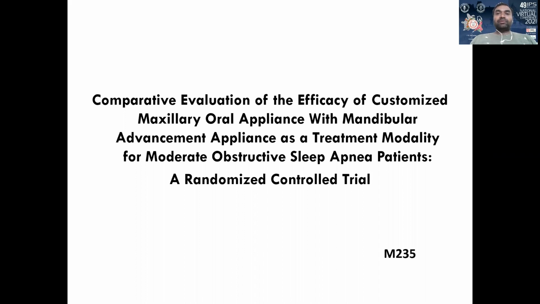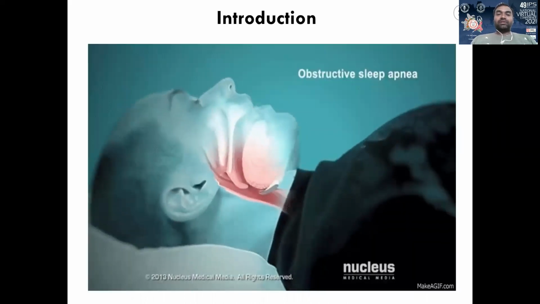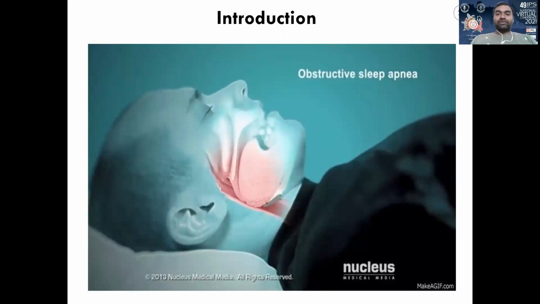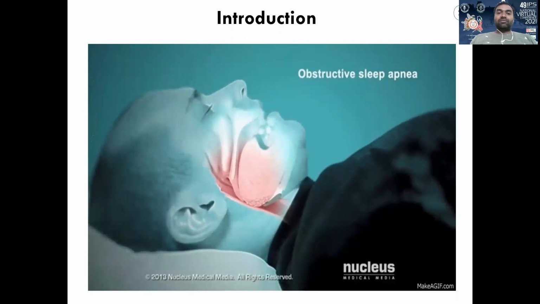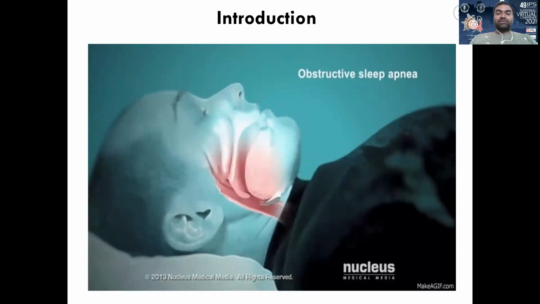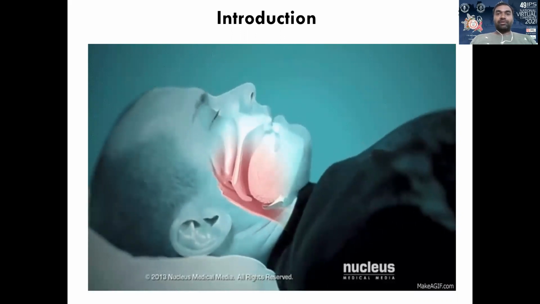Obstructive sleep apnea is the condition in which there is a frequent obstruction of normal airway due to fallback of the tongue. Since the tongue falls back, it closes the internal airway and the patient has to wake up again and again. This leads to frequent wake ups for the patient, which leads to obstructive sleep apnea.